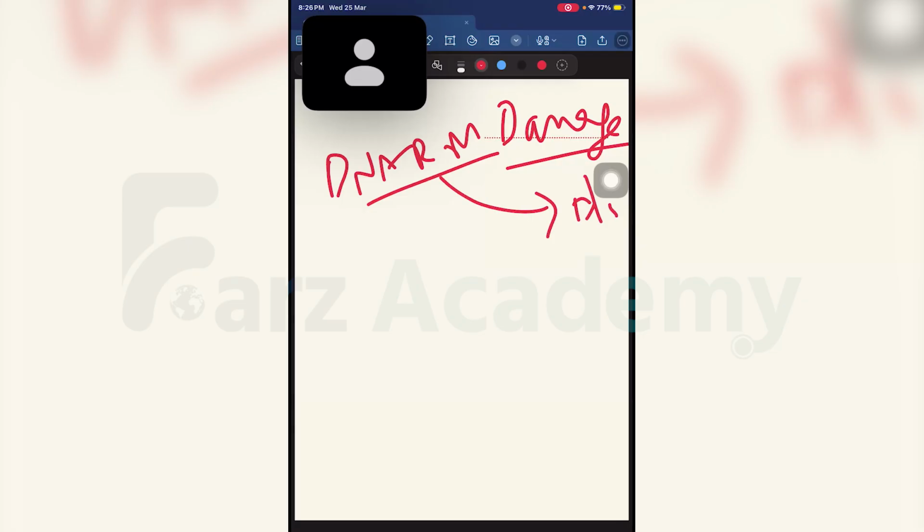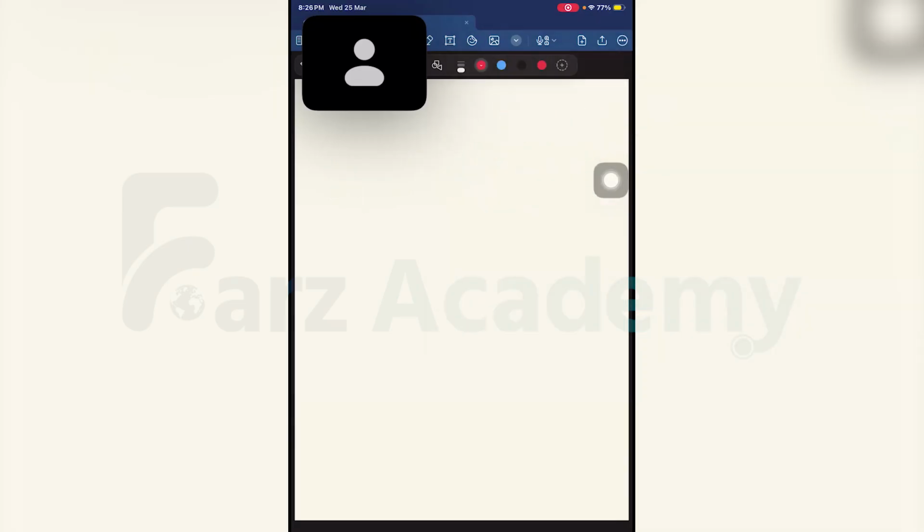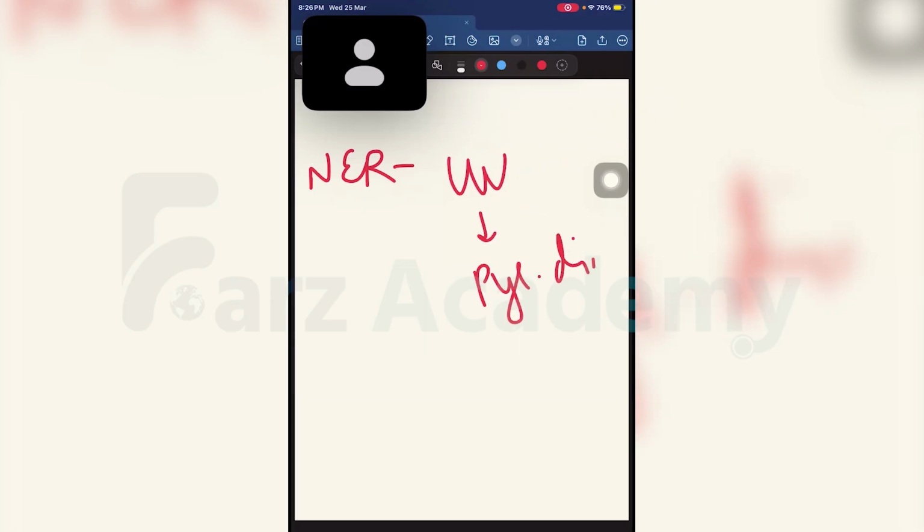Okay. So of these repair mechanisms, there are ones you need to know in some detail, like nucleotide excision repair. What happens is when your DNA gets exposed to ultraviolet light, it forms something called pyrimidine dimers. Now, these pyrimidine dimers are recognized by an enzyme called endonuclease. That is going to cut this dimer or the abnormal DNA, excise it and throw it out of the helix. Okay. New bases are going to be replaced.